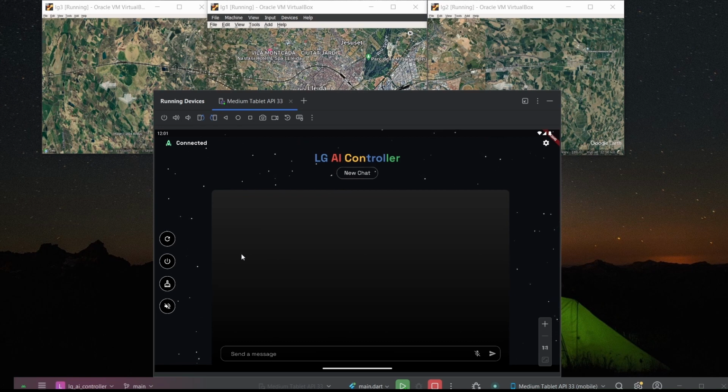And on the left, we have 4 buttons which implement the functionalities of relaunch LG, shutdown LG, clean KML, and disable voice respectively. It also has a functionality of new chat on the top portion.